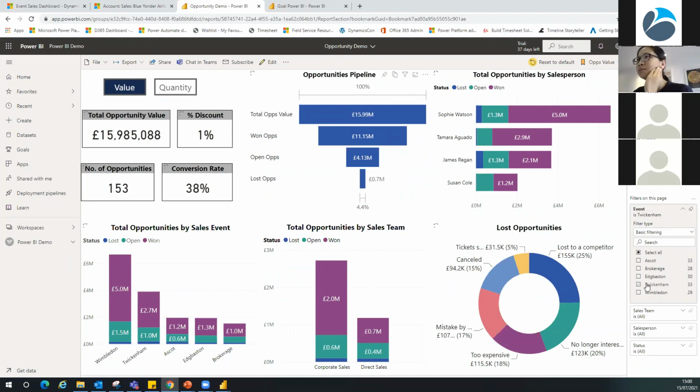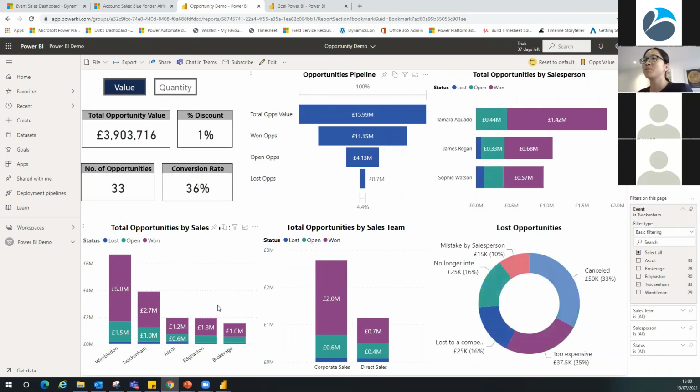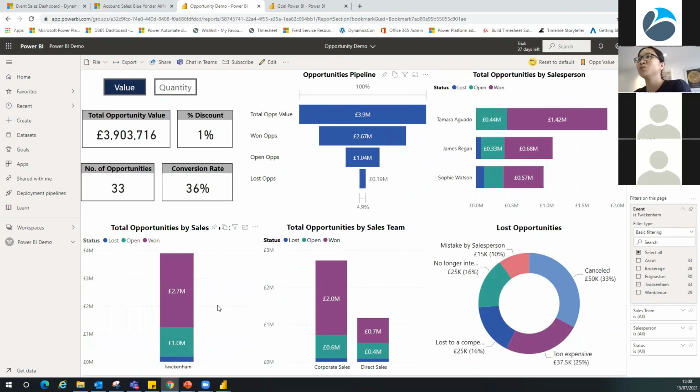I select the Twickenham event. I don't know if anybody is a rugby fan. It's loading because we use DirectQuery, that's why it takes a bit of time to load. If you use import mode, you're going to see the data flick in less than a second.